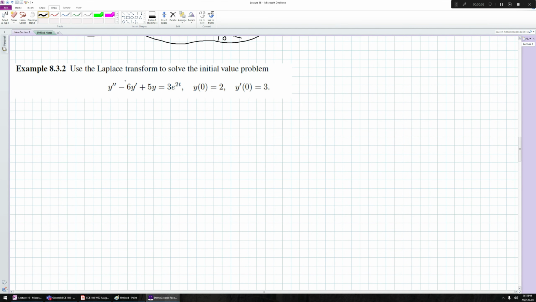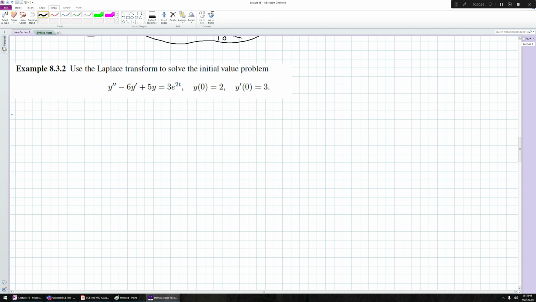Okay, so now let's examine this example here where we want to try to use the Laplace transform to solve this differential equation. So note, we already know how to solve this. We could find the solution to the complementary equation. Then we could use that to pick an ansatz to try to find a solution to the forced equation. And then after we do that, we add them together and apply our initial conditions, and hope that at the end of the day, everything works out well. Which it would. This one's not a particularly bad problem to solve,